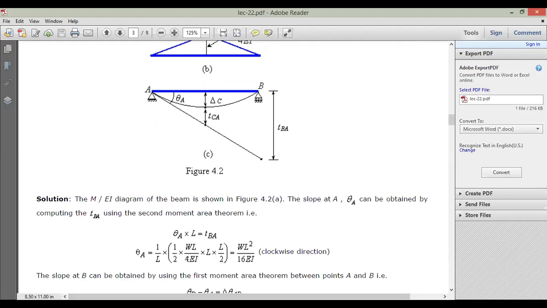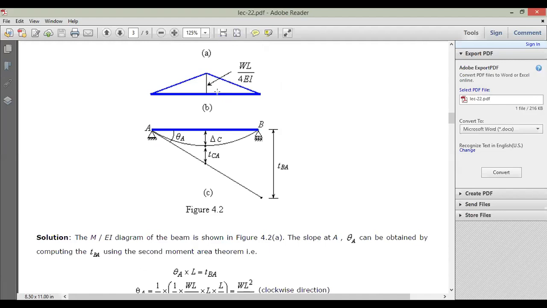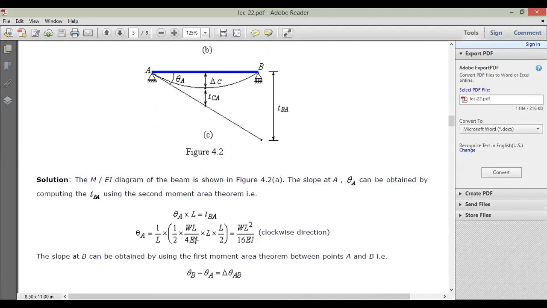So this way we will be finding again theta is equal to L into TBA. We can see theta is equal to L into TBA. This is multiplied by arc upon radius. So this way we find theta, substituting the value of delta C, WL by 4 EI, or deflection, maximum deflection. So substituting this value, then finding delta theta into L by B. So this way, this is WL square by 16 EI, delta theta half into W by 4 EI into L by B multiplied by 1 by L.